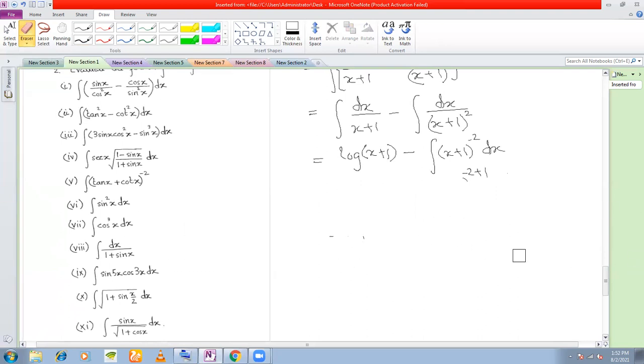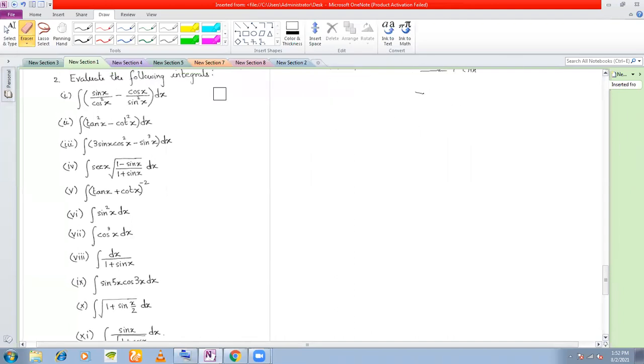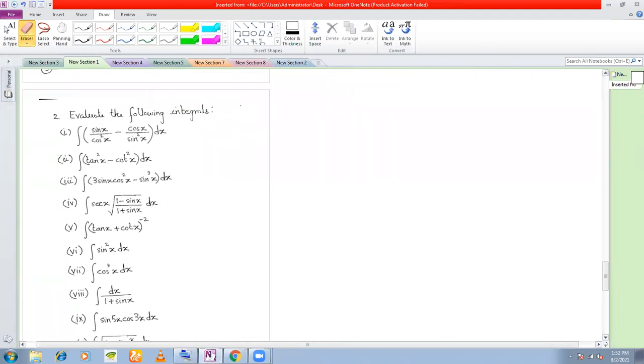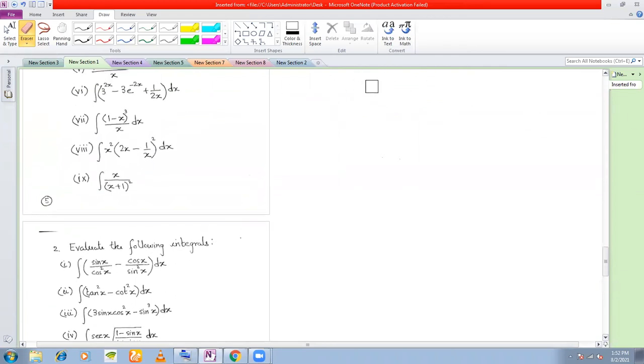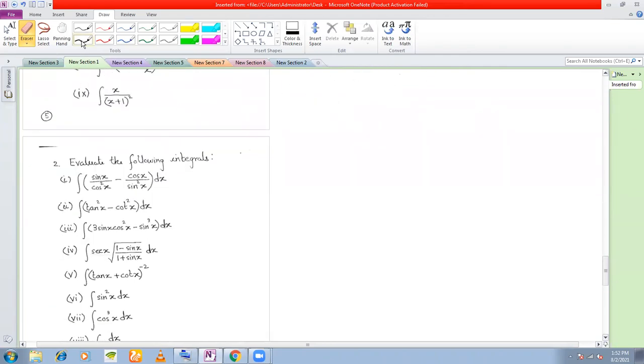This finishes the first part. Now we come to the integration of trigonometric functions. See the first one, part one. Say I is equal to integral sine x by cos square x